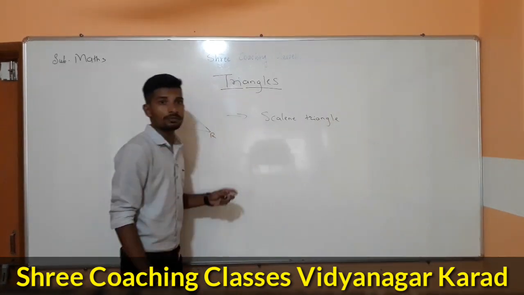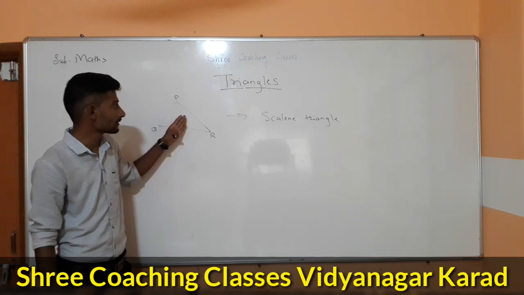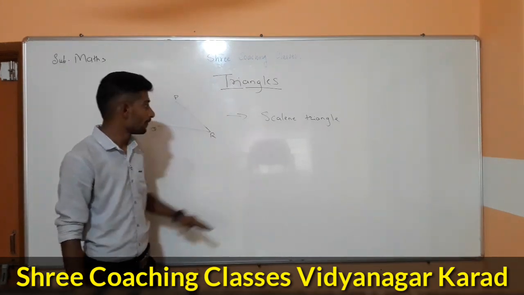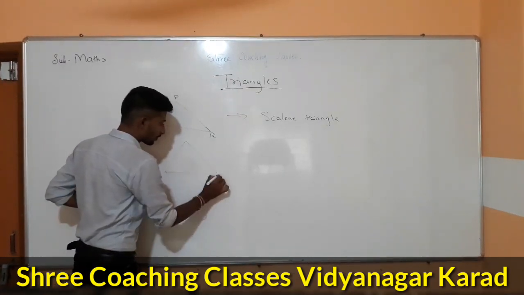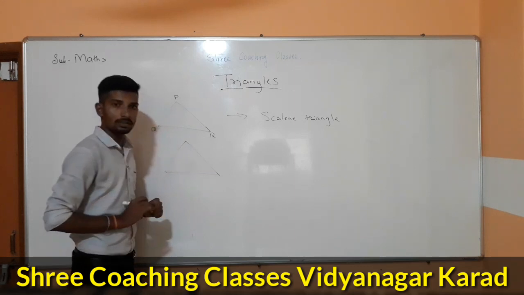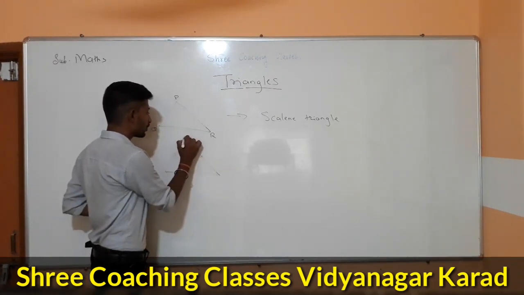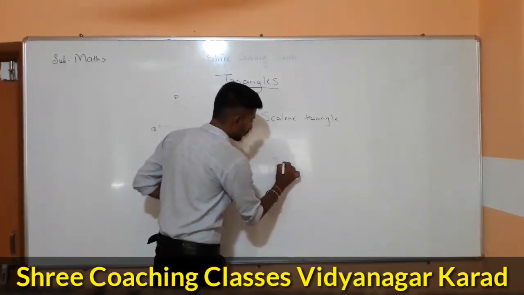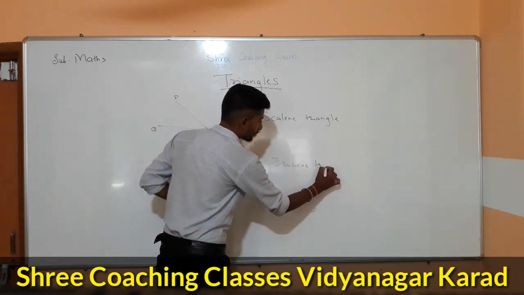First we saw three different lengths of the sides of a triangle, then it is called a scalene triangle. When two sides are the same, then what do we call it? We call it an isosceles triangle.